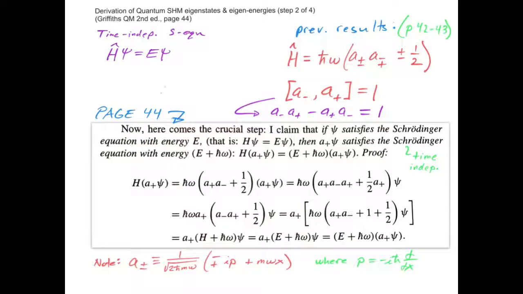But once we got that, we could do it again, because this is an eigenstate of the Hamiltonian with this energy. We could operate on that state with a plus and get another state with h bar omega more energy, and so on and so on. So if we could just get one solution to this equation, one eigenstate and one corresponding eigenenergy, then we have here a machine to construct solutions with ever higher energy,